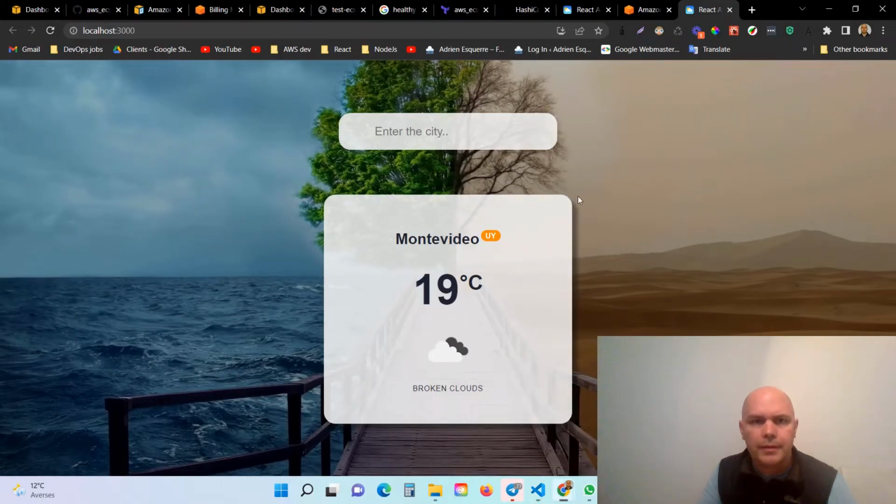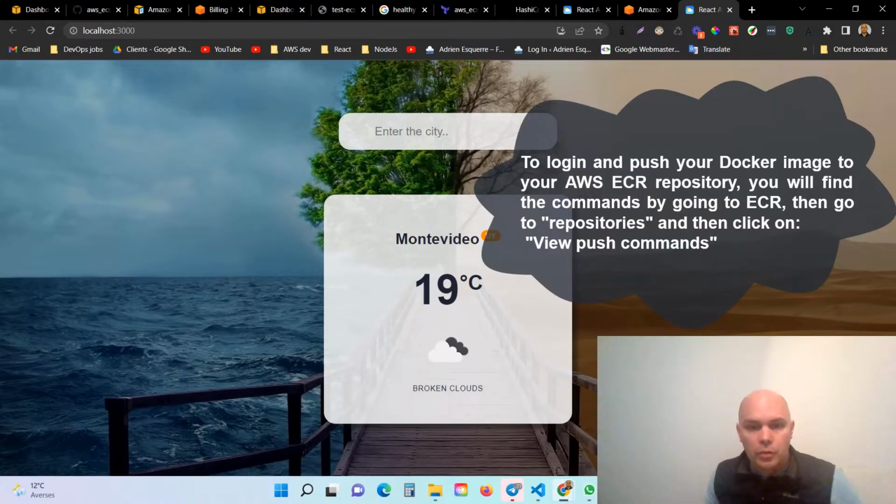So to create the repository in AWS, you can do it manually in AWS or use the AWS CLI and run some commands to create it from your command line. Or you can use Terraform to do that. But I would recommend, if you are going to use Terraform, to do it in a separate file from